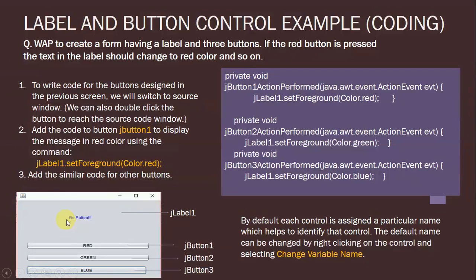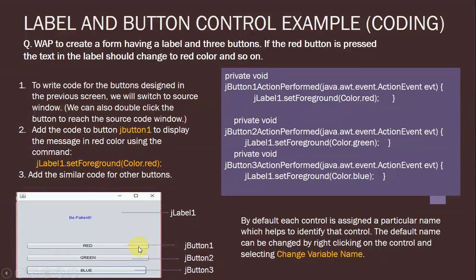It means that if the first control is a label, it is assigned the name JLabel1 by default. Similarly, the buttons are assigned names. The first button is assigned the name JButton1, the second button JButton2, and the third button JButton3. These are the names assigned by default, but we can always change the default name